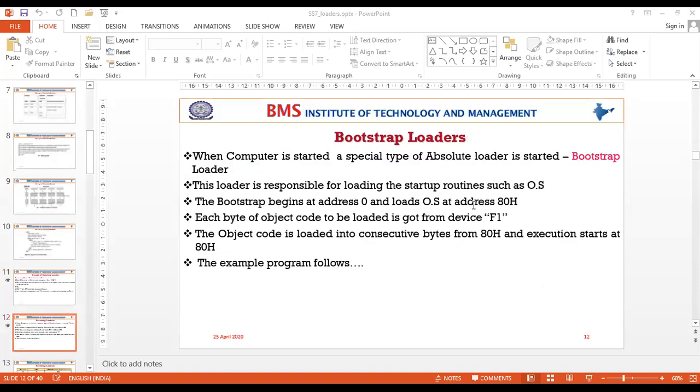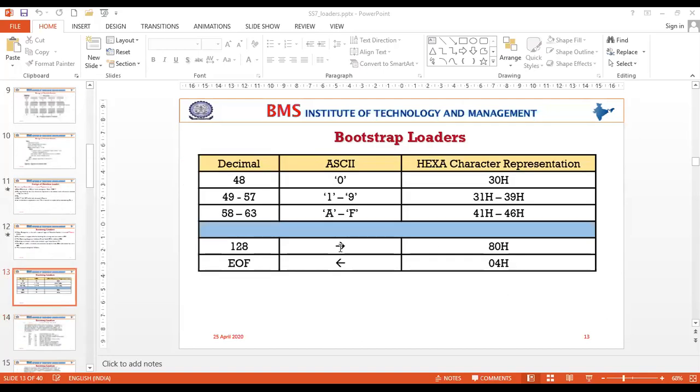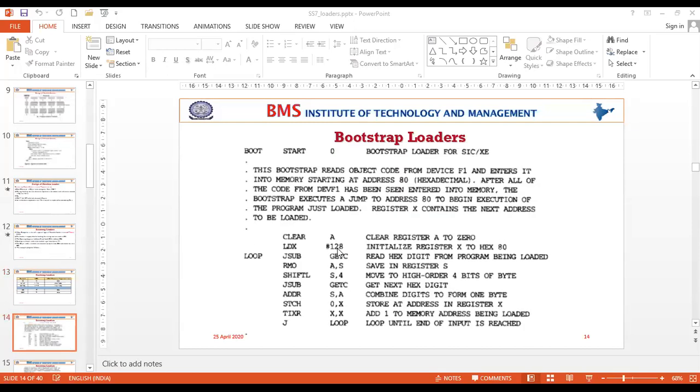Moving further, we discussed the Bootstrap loader. The Bootstrap loader is an absolute loader which loads the operating system into the specified address from the specified device. The algorithm for the Bootstrap loader we discussed with a program as an example, and the program itself is acting as the algorithm for Bootstrap loaders, wherein it reads from the device called F1 and loads it into the location